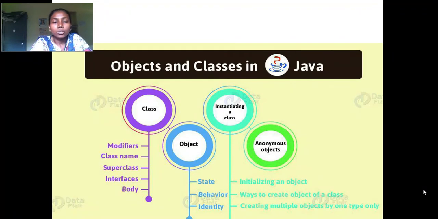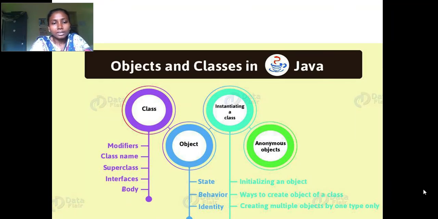So here class is the logical entity, but your object is a physical entity. When I am talking about an object, I am talking about a real world entity which has some states and behaviors.